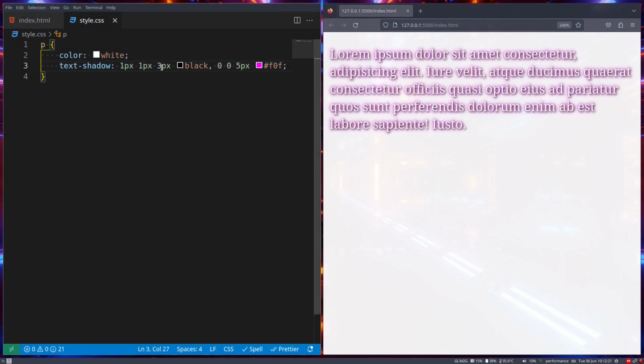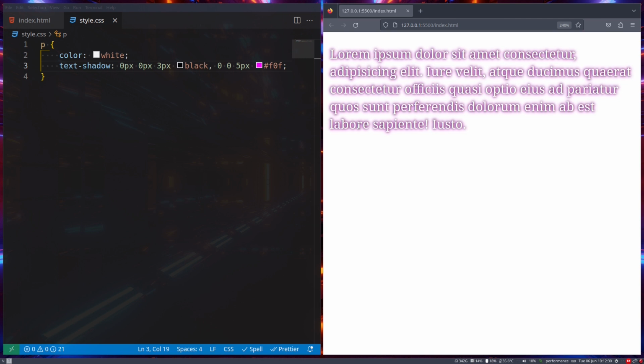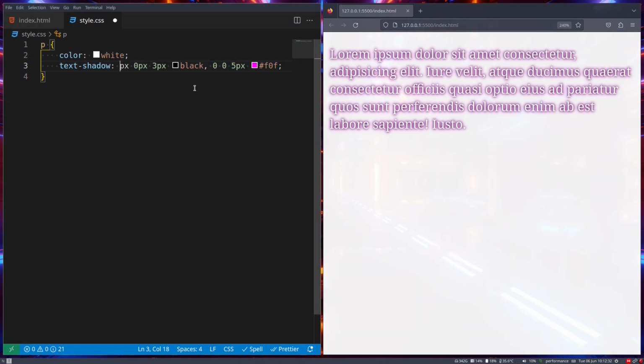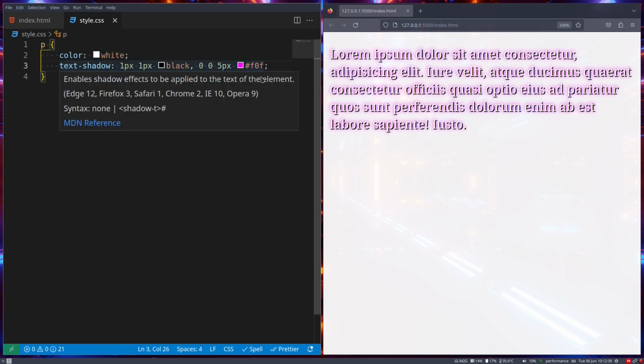We of course make this black one stand out a little bit more, and we can also make this 0 pixels and 0 pixels, and there we go. So now there's two text shadows on here. Of course, if you wanted to, let's say, have the same shadow but on two different sides, then you could